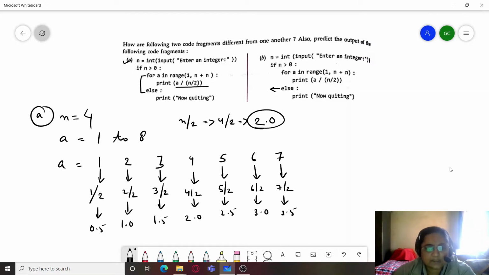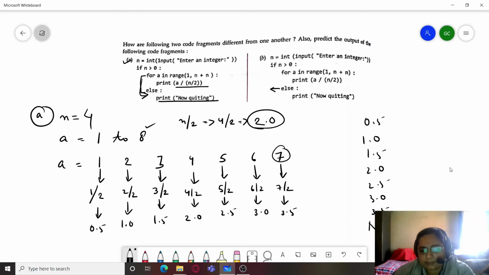So our answers would be printed in this way: 0.5, 1.0, 1.5, 2.0, 2.5, 3.0, 3.5, and now when it has already completed the seventh iteration, when it reaches 8, at that time the program control will jump to the else part and it will print now quitting.